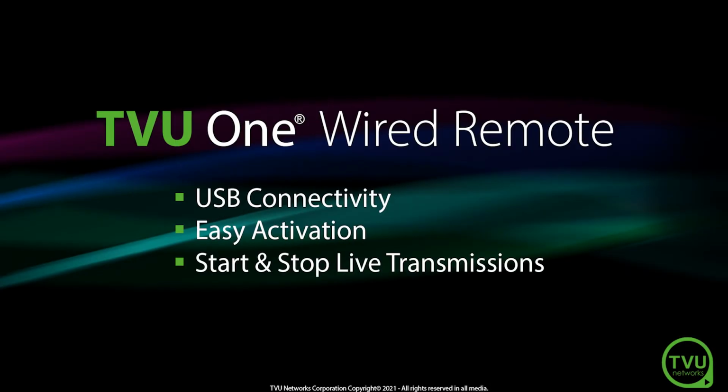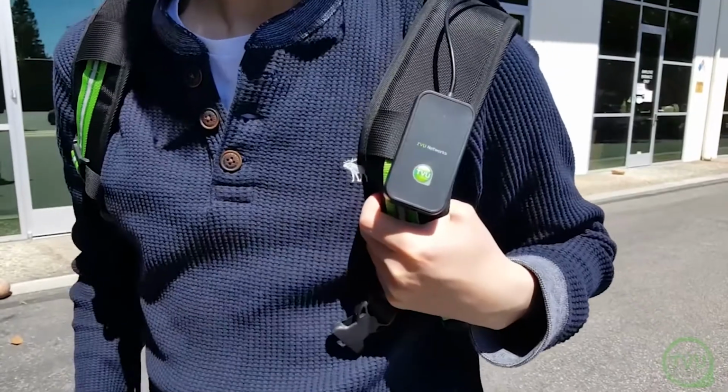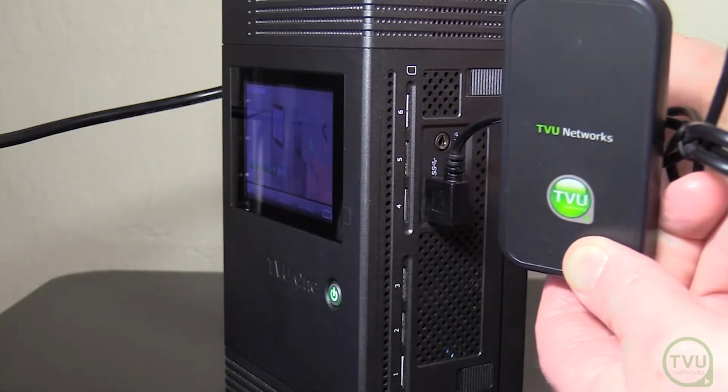The TVU One wired remote control is a USB-powered device that allows you to start and stop live transmissions from a TVU One device, and it is designed to fit onto the shoulder strap of a TVU One backpack for easy use. To activate a TVU One wired remote, first simply plug it into a USB port on a TVU